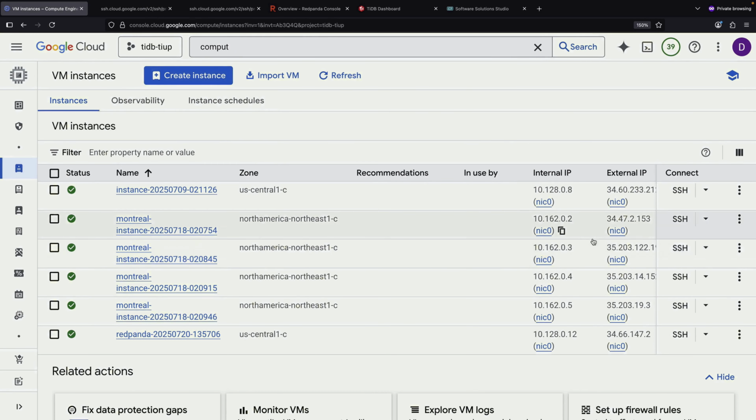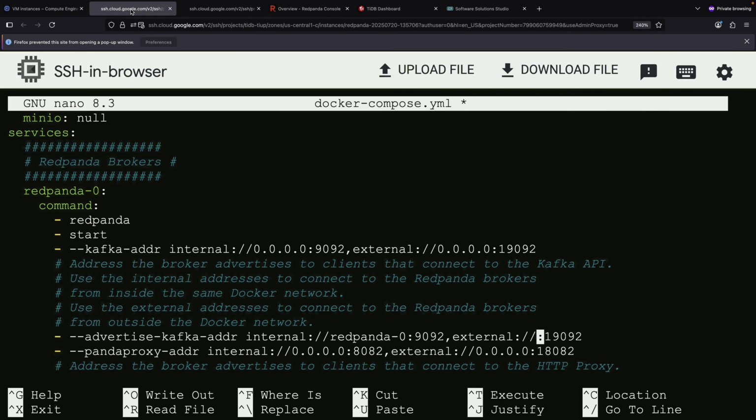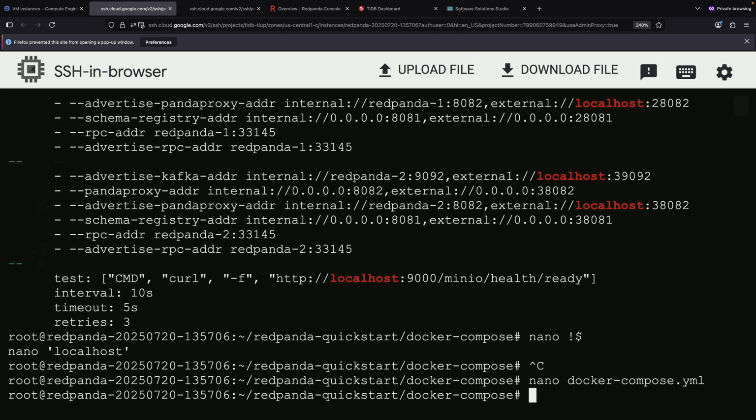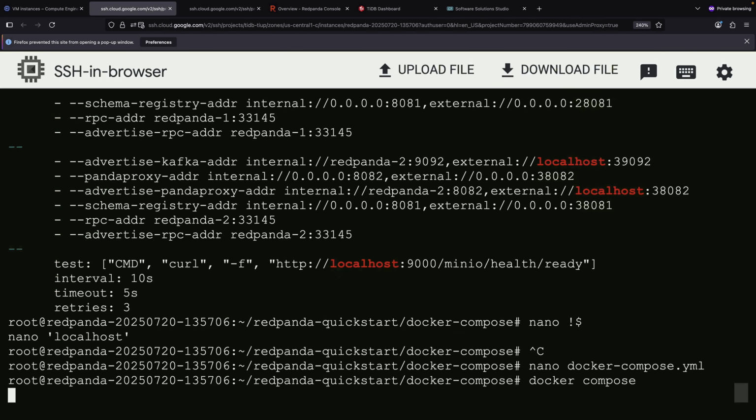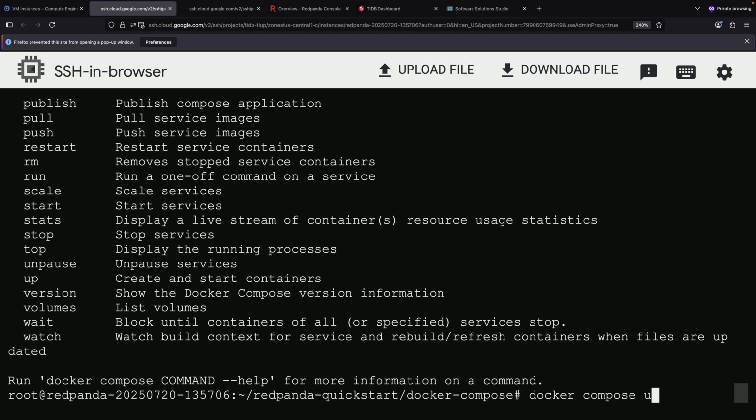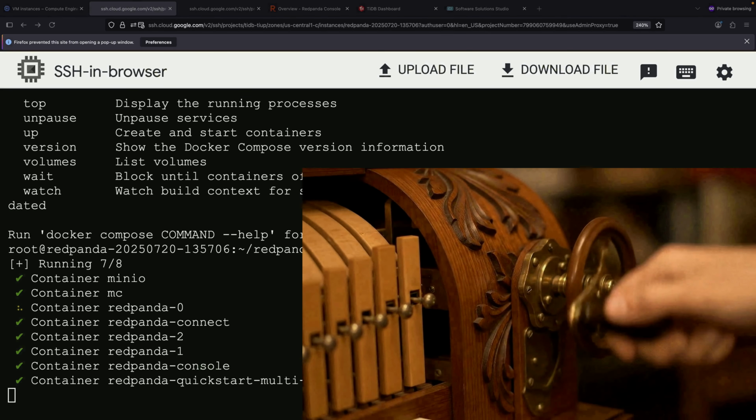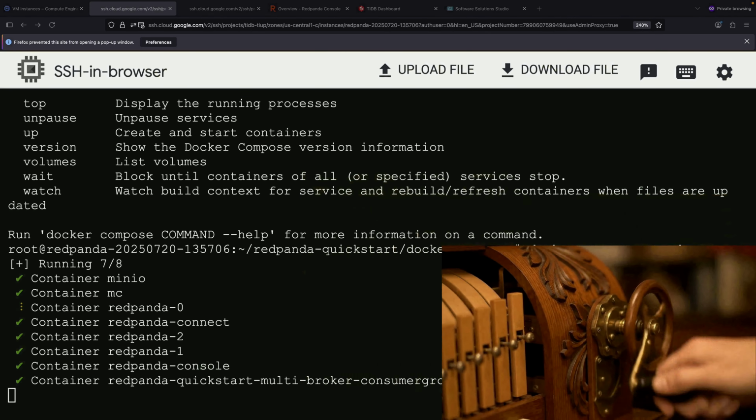So here's the advertised Kafka address that we'll swap out for the internal IP. We should update this configuration for all three RedPanda brokers that are running on this machine, since they're all configured in the same Docker Compose file. Since we're mounting volumes from the host machine in our Docker Compose setup, changing those configuration settings should not affect things like our admin password when we recreate the containers, but let's double check that in a moment after we